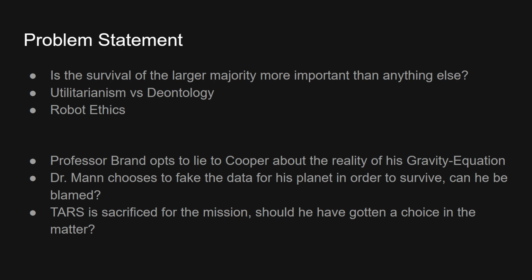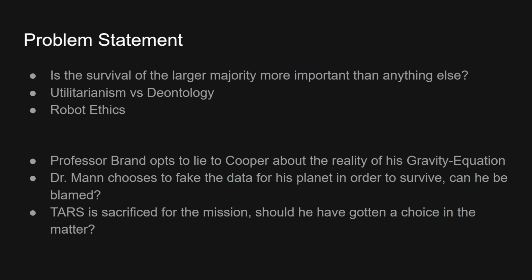And so when Cooper finds out about the secret NASA facility and is asked by Professor Brand to fly the landers for the Endurance mission, he initially refuses on the basis that finding a new planet and starting a new colony of humans isn't worth his time if it doesn't save his daughter back on Earth, and if there is a slim chance that he comes back from the mission at all. Professor Brand then lies to Cooper, saying he is working on a gravity equation which would enable NASA to transport everyone on Earth to the new planet that Cooper finds. Cooper agrees to fly the mission based on this and leaves his daughter behind on Earth.